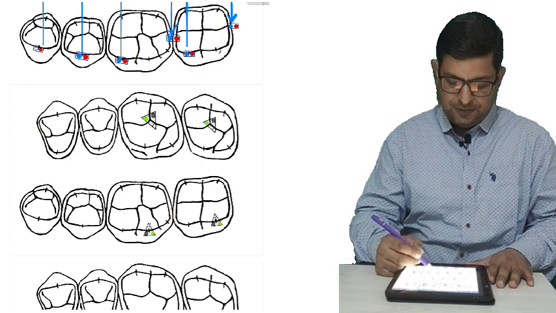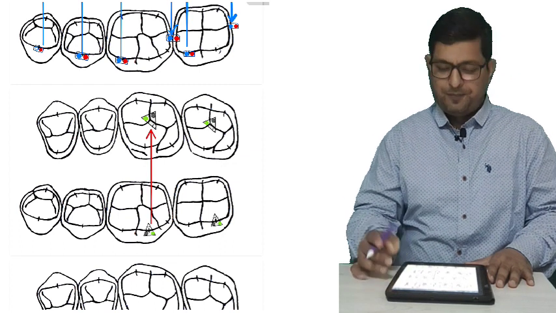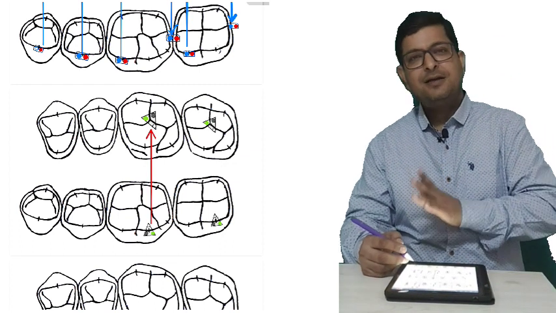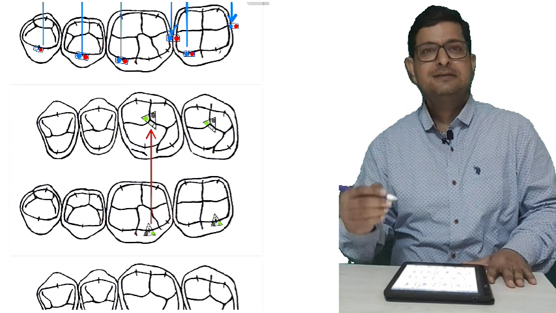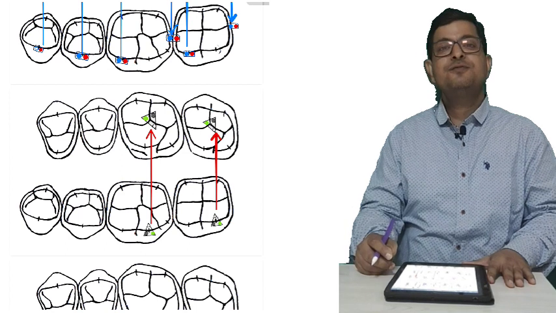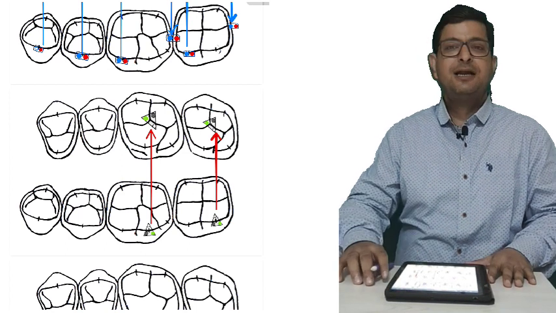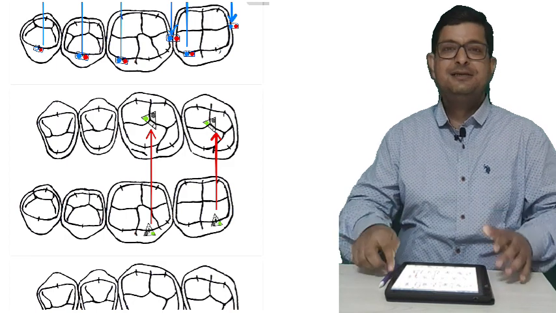This will go and occlude with the central fossa of the upper first molar, and the distobuccal cusp of the lower second molar will go and occlude with the central fossa of the upper second molar. This tripod contact will help in mashing the food.